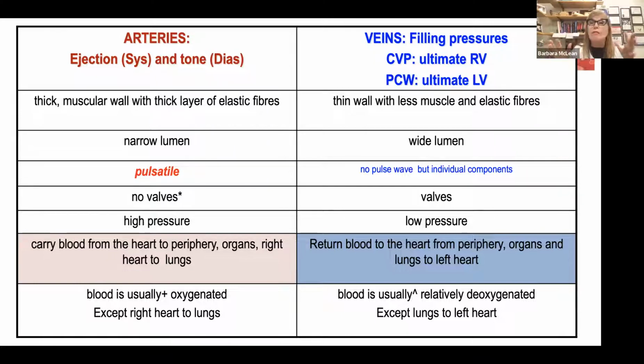Okay, now veins have very thin walls. They don't have much muscle. They don't really constrict and dilate like the arteries do to maintain your pressure. The veins have thin walls and a very wide lumen. And in your venous pressure, meaning CVP and wedge, these are not pulsatile pressures. It's not like systole and diastole. It's small fluctuations that reflect pressure changes in the atria,